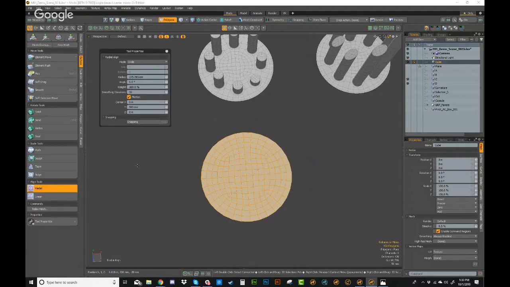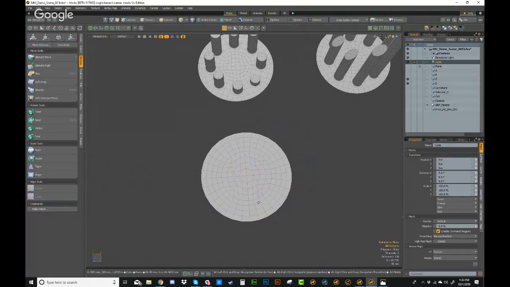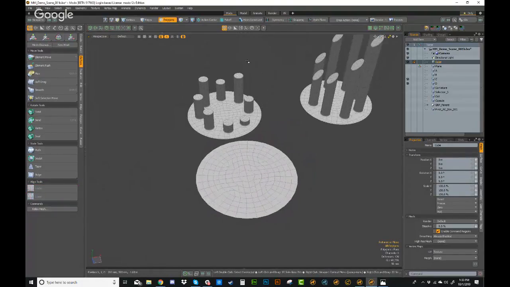So with the radial tool selected, right click, Shift down arrow, right click, and repeat. Every time I right click, it's just rerunning the radial tool. And this is kind of unnecessary, but the whole reason I'm showing this is because if I come over to the radial fall off tool,